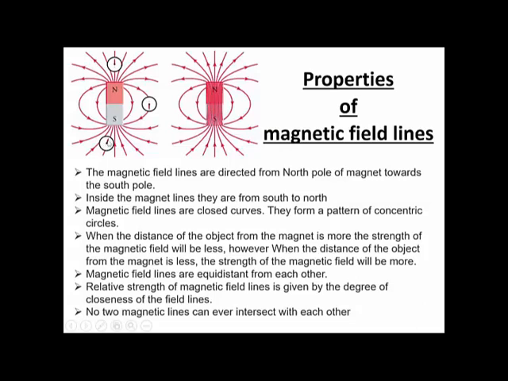So, at any point one needle will always point towards one north only, because they will not point towards different directions. They will always point towards one direction because north is only one direction. So that's why no two lines will cross each other. They will never intersect each other. Okay, so that is the main reason that you have to understand.